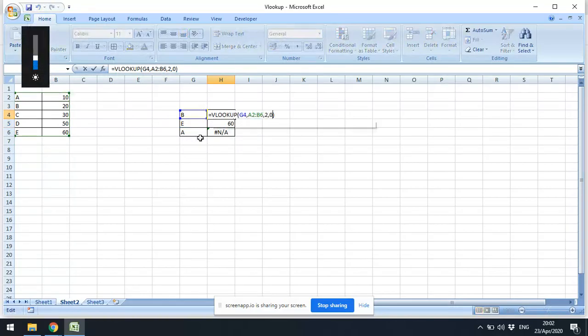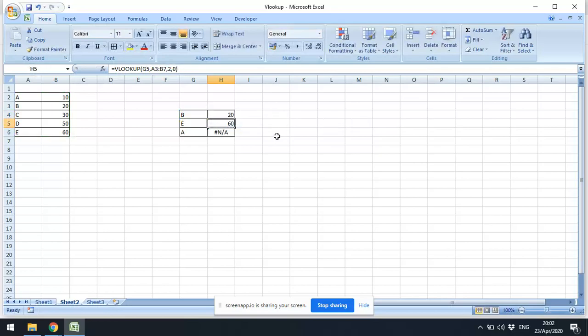Whenever you're using a VLOOKUP, it is very important to fix the array. How to do it? Put a dollar symbol for all the items, that is the row number and column number. Just pressing F4 on that will make it work. I'm pretty sure you must be knowing this. So I'll do that and copy paste again. If you can see, it started working. That is one of the characteristics that we will have to keep in mind while using the VLOOKUP.